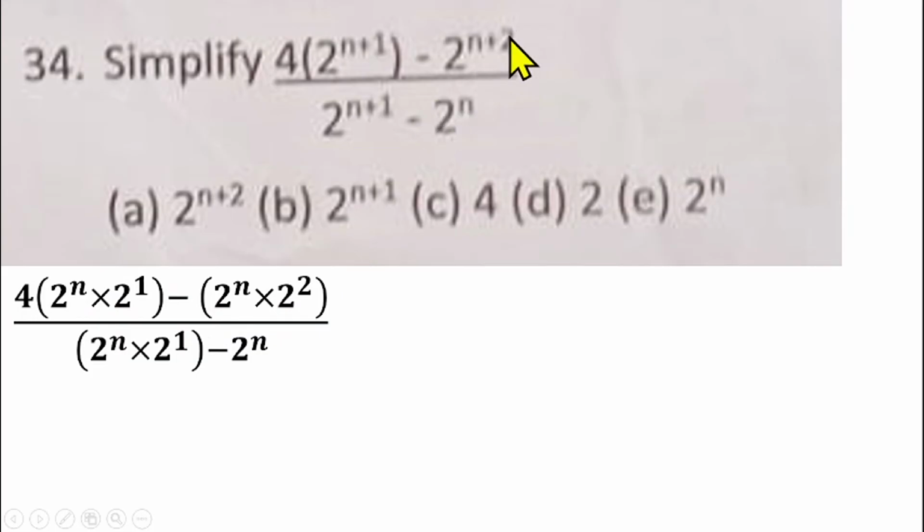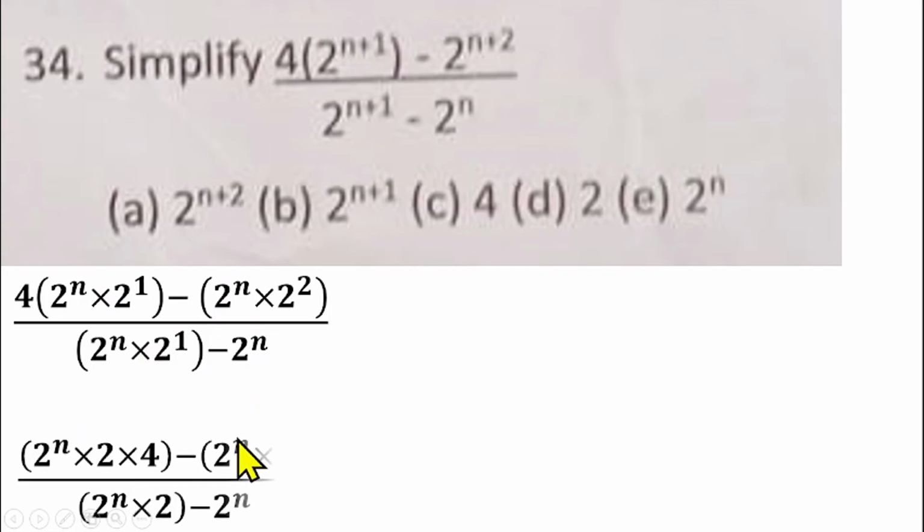Then minus the same thing to this one as well, that gives us 2 raised to the power n times 2 raised to the power 2. If you apply the first law here, you're going to get this back. The same thing is applicable to the denominator here also. We have 2 raised to the power n times 2 raised to the power 1, then minus 2 raised to the power n. So what can we do? We can see that the 2 raised to power n is common here, so you can factorize that one out. Then 2 raised to power n is also common here, you can also factorize that out. So if you do that,